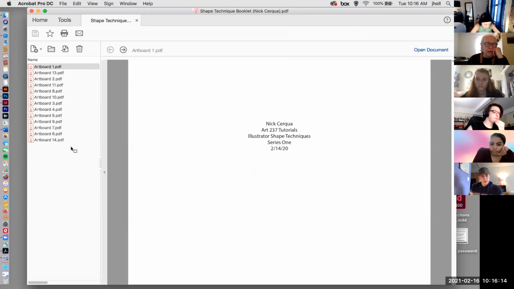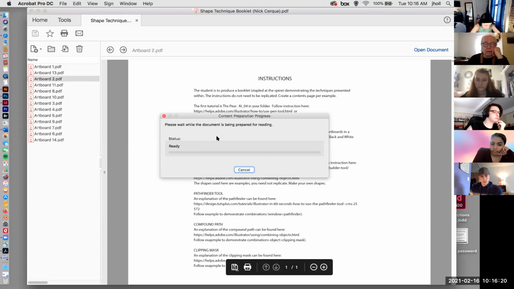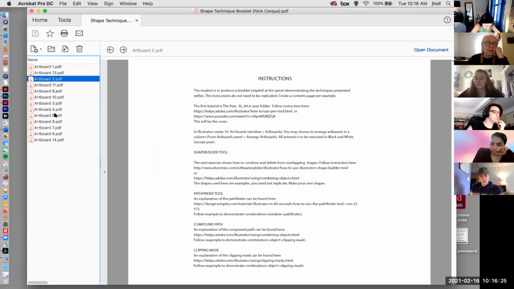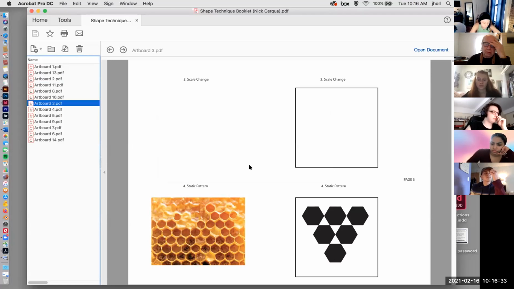And the way that you've got this set up is separate artboards. Two other people didn't set this up this way. So they're in the right order. I just don't know why the naming convention is off, but